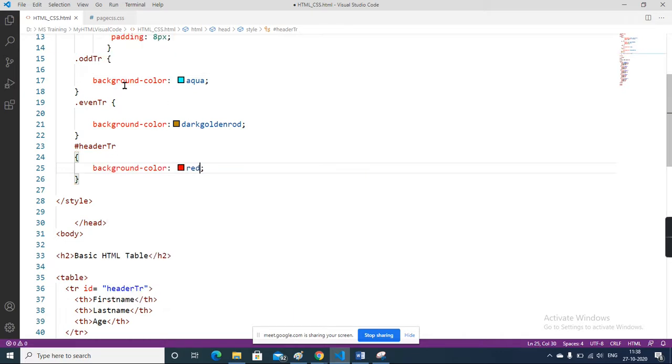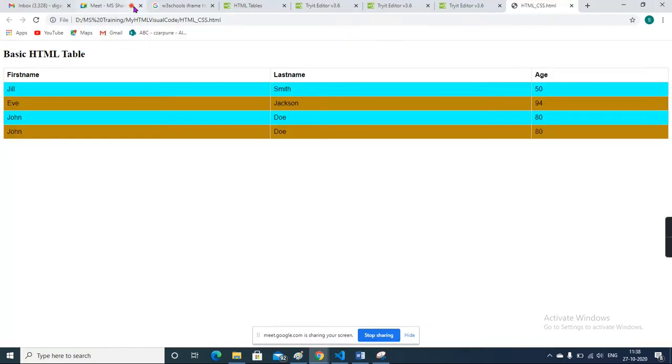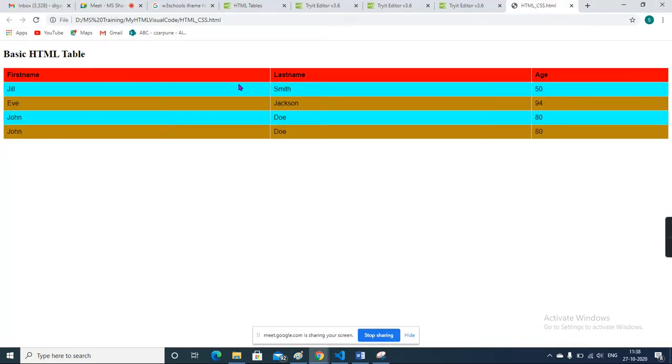Now I save this, go to my page and refresh it. See, it represents the particular header in red color, and then there is alternate coloring on my rows.